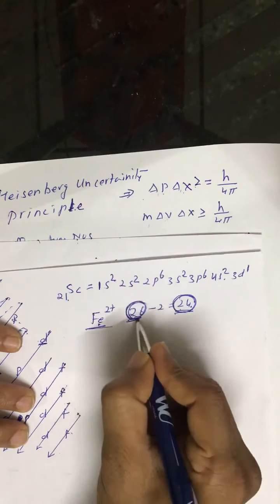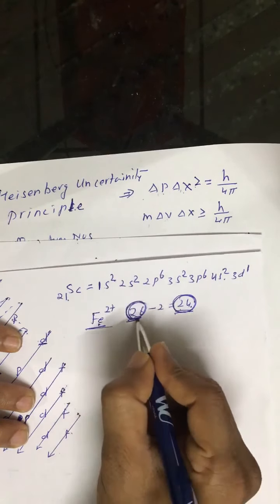So first you write the electronic configuration of Fe, and then from this existing configuration you have to remove electrons, and you should be careful that electrons must be removed from 4s, not from 3d. Electrons are filled first in 4s, and they are removed first from 4s. So when these two electrons are removed, the left configuration is 4s0. So the outermost electronic configuration of Fe2 positive is this. You should not remove 2 electrons and then write the electronic configuration of 24. So you should be careful.